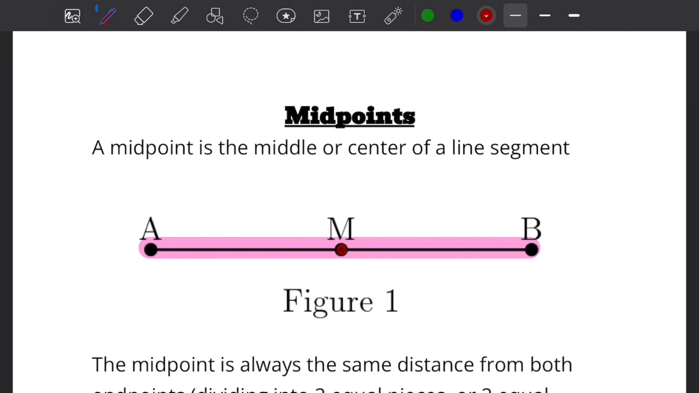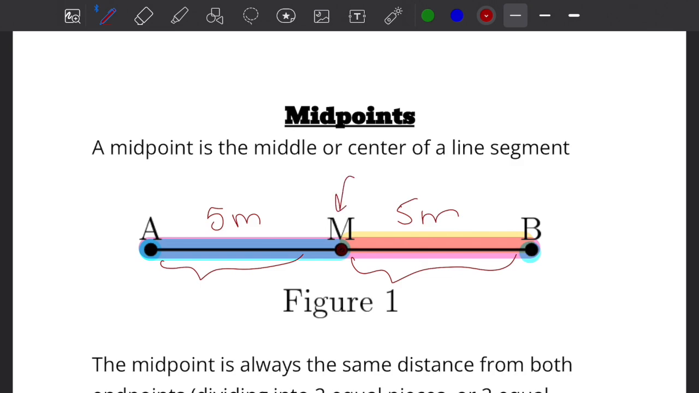Now, one thing to keep in mind is that the midpoint is always the same distance from both endpoints. So this is one endpoint and this is another endpoint. The distance from A to M is the same as the distance from M to B. For example, if the distance from A to M was 5 meters, the distance from M to B has to be 5 meters. If it's not, that means this is not the center. This is not the middle. So essentially, finding the midpoint involves dividing a line or an object into two equal pieces or two equal